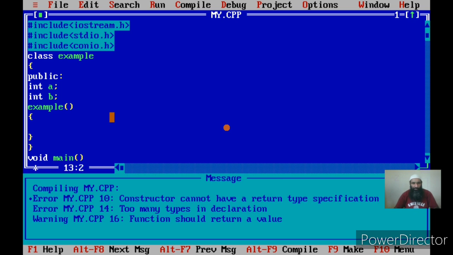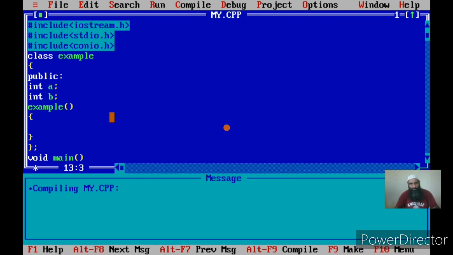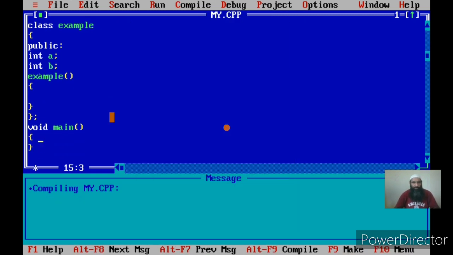Okay, now let me compile once again. It's a success, there is no error. Now this is one constructor. Suppose I create a one argument constructor outside the class, say int k. Now this function has been defined outside the class, but it has the same name as the class name. Let us first bind it to the class. You can say Example, then two colons.